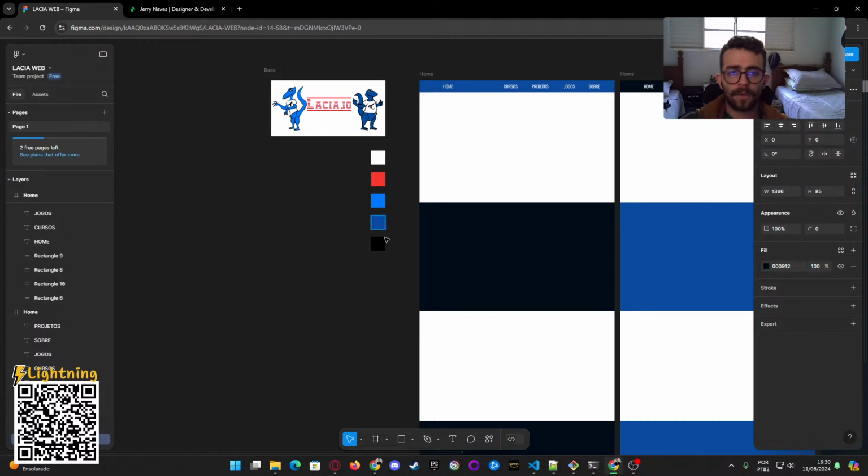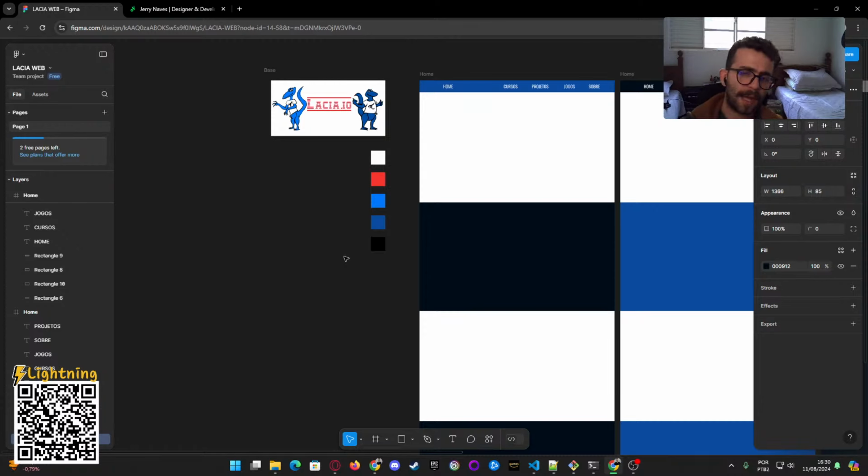For example, color. In every design or development project, you need to have or create color groups. You have the main color, that's blue, the secondary colors, and the light and dark colors, like black and white, or blue, dark blue, or lighter yellow, lighter red, for example.